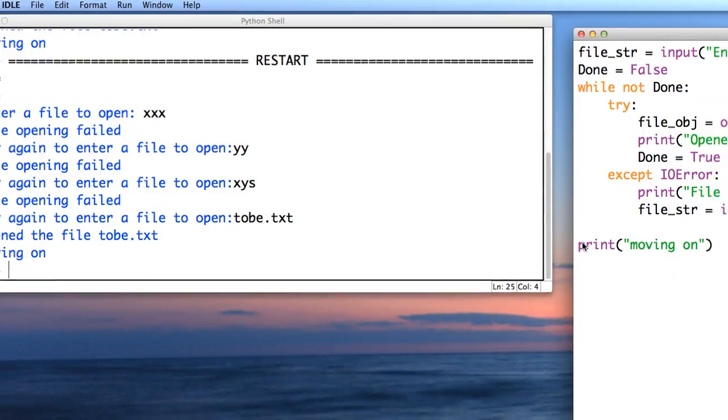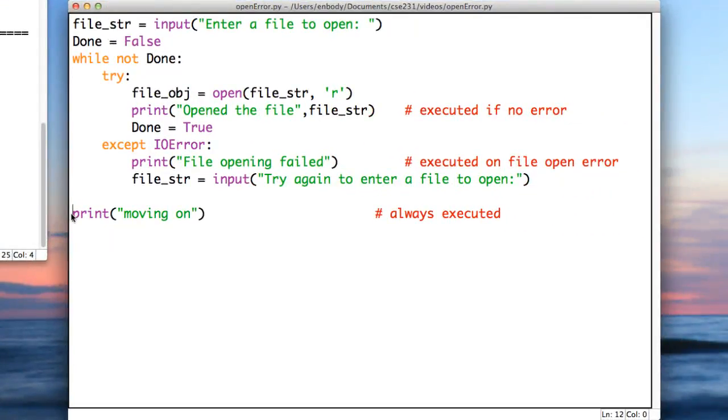Let's move on and actually do something. Right? So instead of simply moving on, let's go through my file and count the words. So how do I read my file? Well,